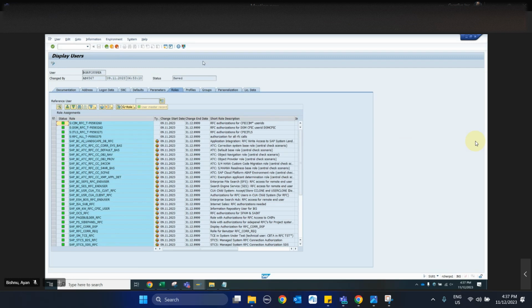Furthermore, we need to create one more user, called the BGRFC user, that will be used in a loopback connection. This is basically required in order to monitor my BGRFC queue in the ECC or S4 system. Since we are using background RFC, this step is mandatory, because without it the background queues won't be registered and the safe movement will not happen from ECC or S4 HANA to IBP. So for that what we need to do is